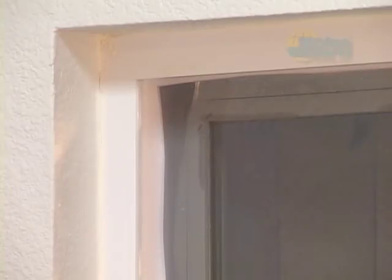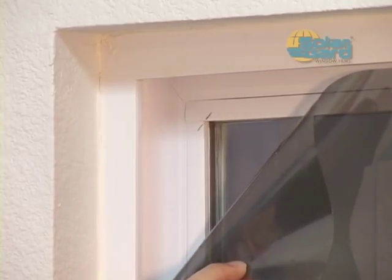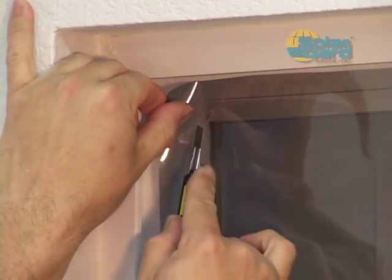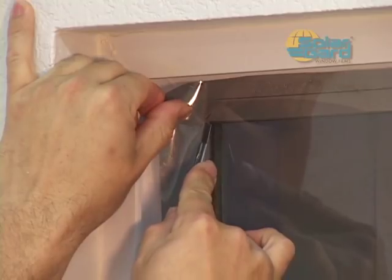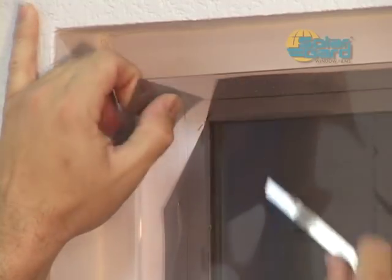With heavier films such as safety and security films, it's a good practice to cut the film on the diagonal at the corner of the window frame in order to reduce the likelihood of excessive creasing or crinkling of the film as it is being set back into the frame of the window. For illustration purposes, we have pre-marked the frame at a 45-degree angle to show the angle at which to cut